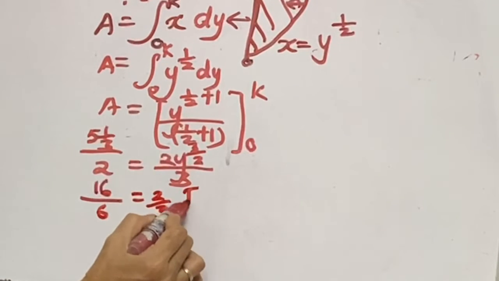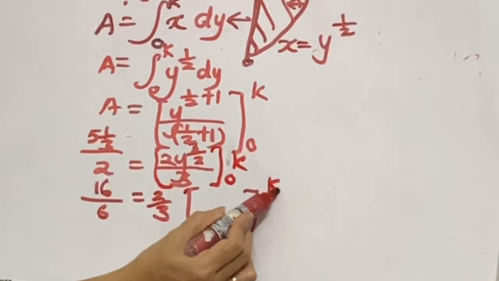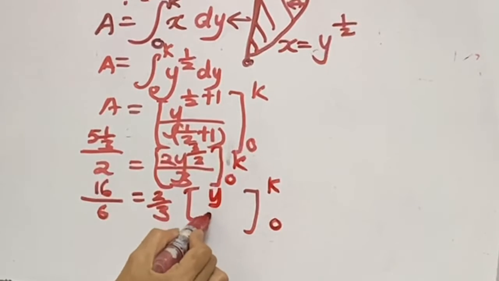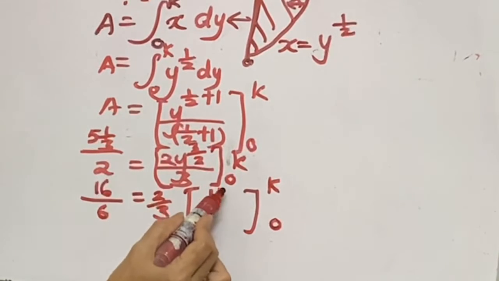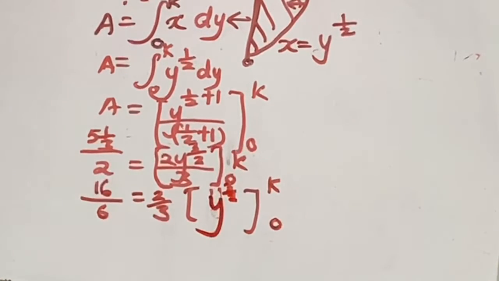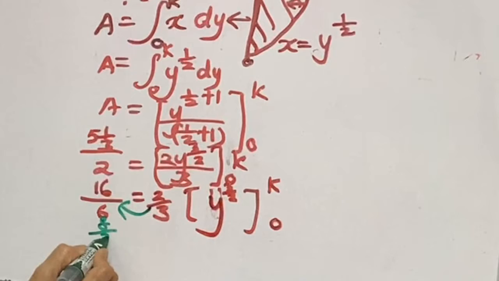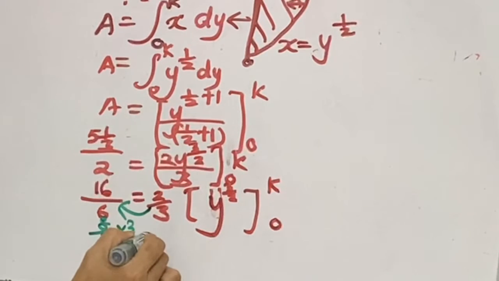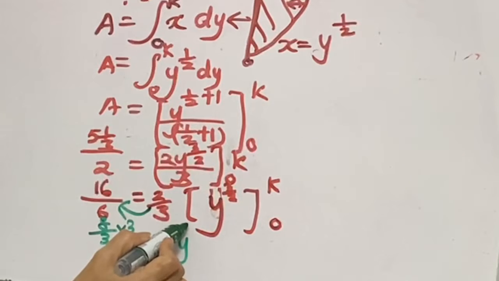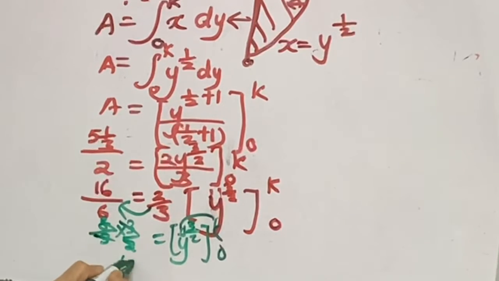The number we always factorize before we can sub the value into the y. So this is y to the power 3/2. Make it lower a bit. This is the power. Alright, so we will simplify these two first. So it becomes 8/3 times 3/2 equals y to the power 3/2. You can substitute the k into the y. It becomes 4 equals k